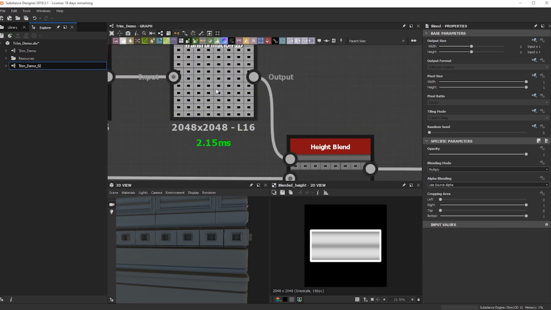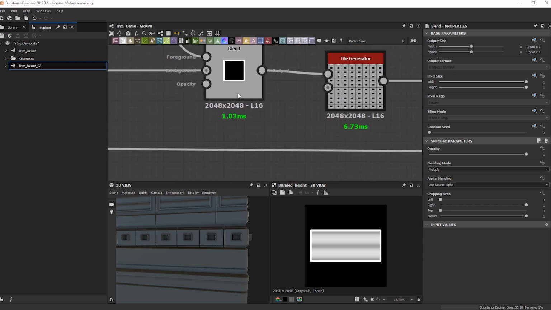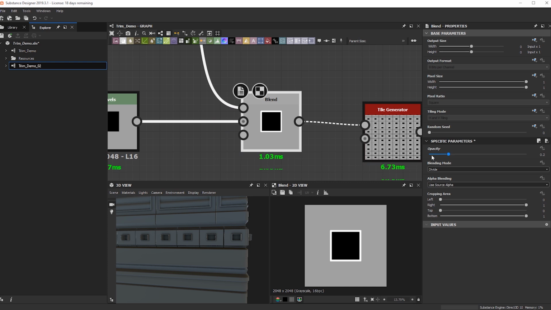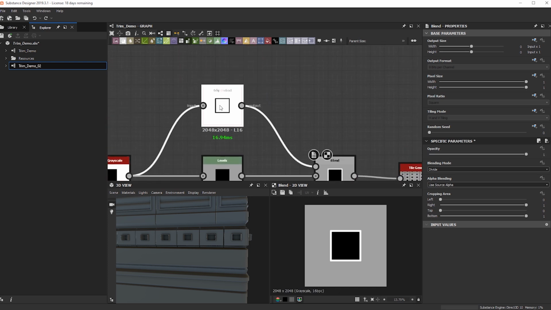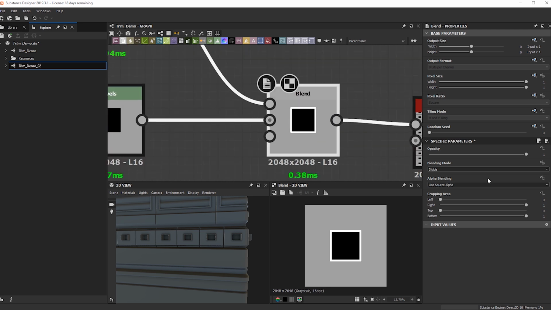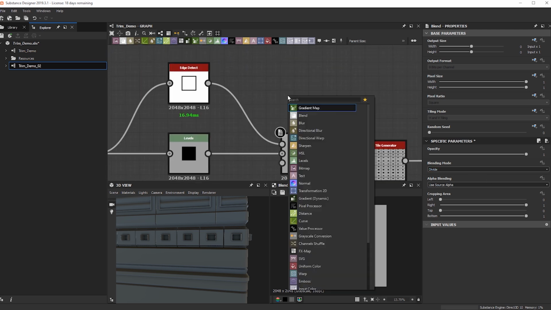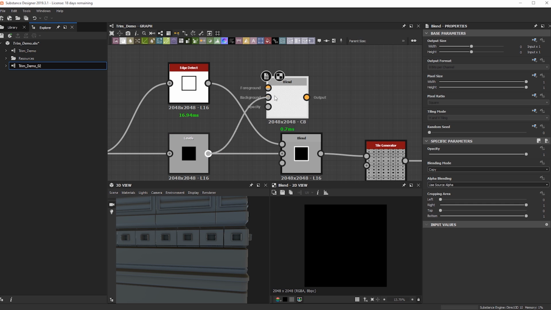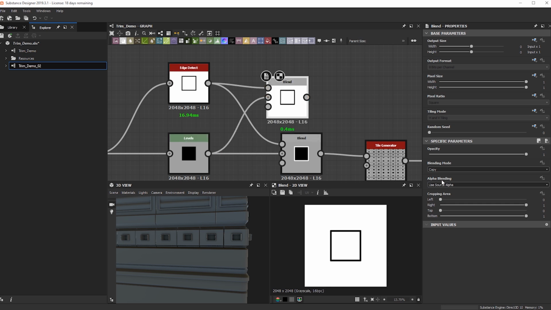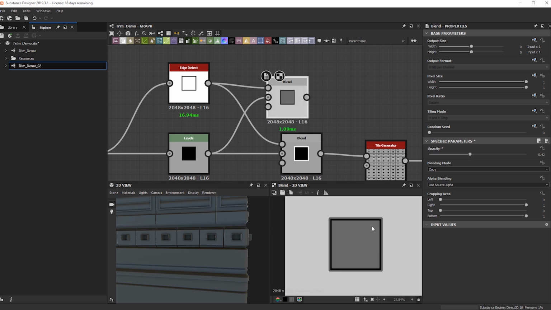Let's look at where, okay, so the reason it's being extruded is because this guy is just so intense. Let's try to find a way to integrate this guy, but not make this as intense. So let's try another blend here. I'm gonna keep this one plugged in, but this is kind of the way I experiment, just so I can see what is going on here. So let's see.